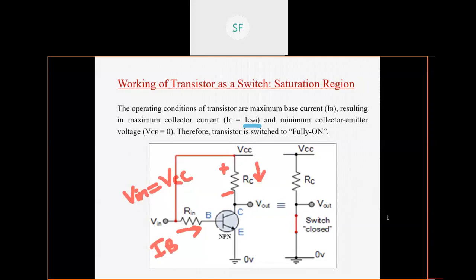सर जितने IC की है. बस एग्जैक्टली करेक्ट, क्योंकि IB we have already approximated as IC. जो IC की वैल्यू होगी वही IE की, मतलब IE आपका कट ऑफ में 0 होगा और सैचुरेशन में मैक्सिमम वैल्यू होगी, that is IC sat.